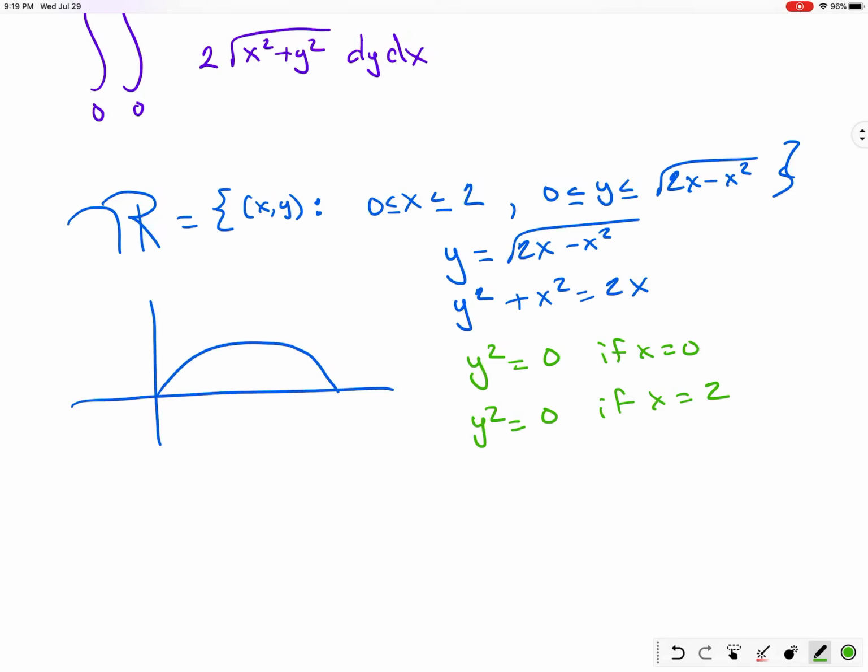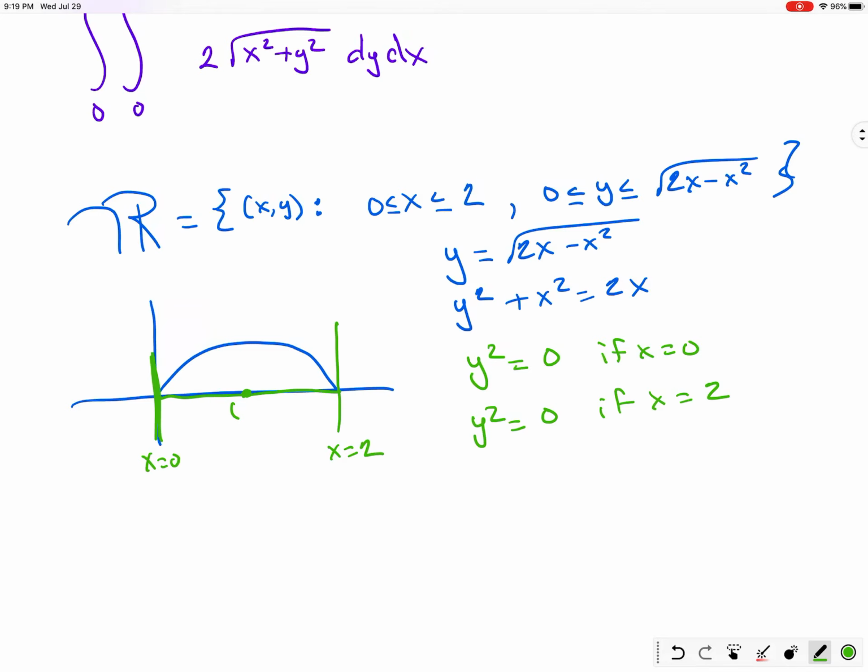And so from that, I know that this is x equal to 0, and this is x equal to 2. So I have a circle with radius 1,